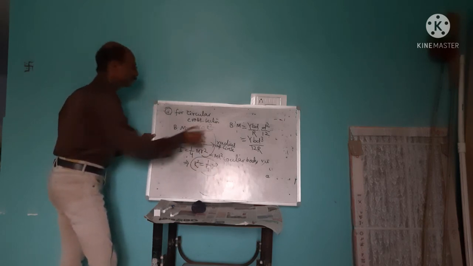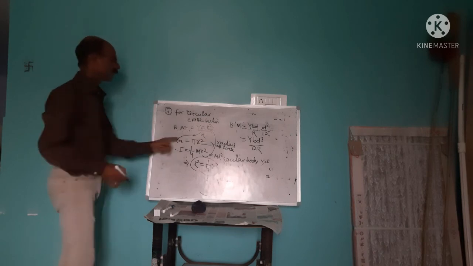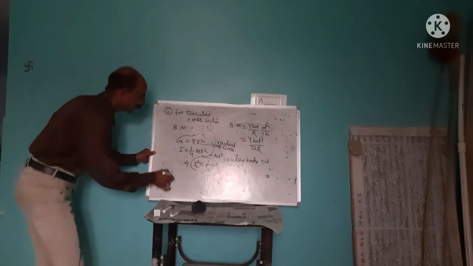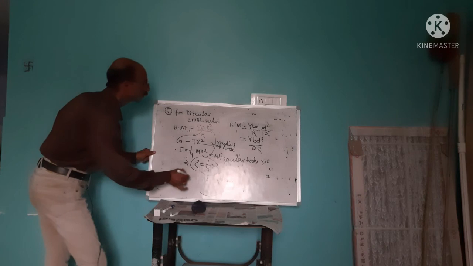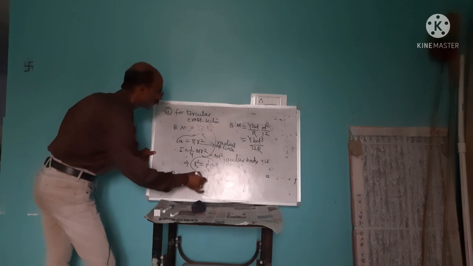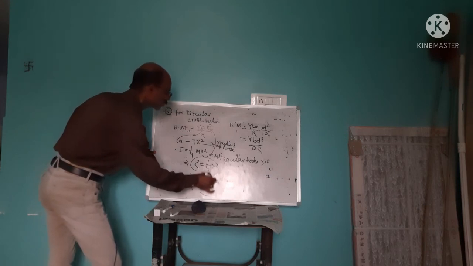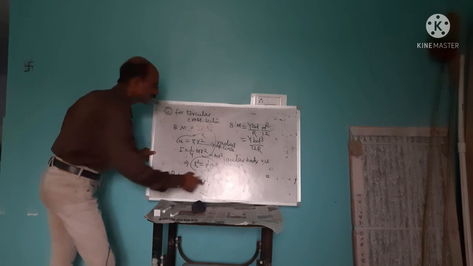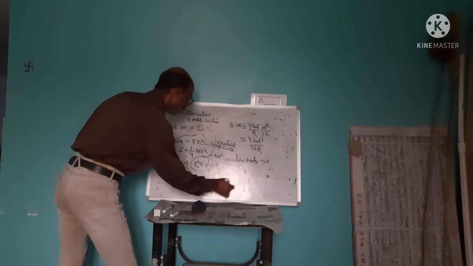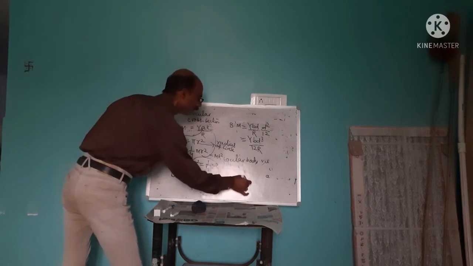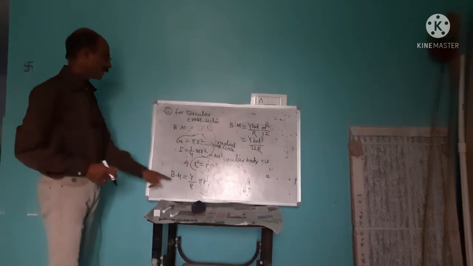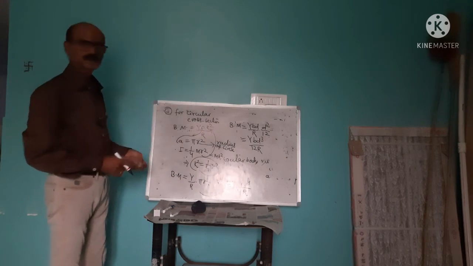Put this k square here and put the value of A here. A is equal to pi r square and k square is equal to 1 by 4 r square. What will be then the bending moment? Bending moment will be equal to Y by R, in place of A pi r square and in place of k square 1 by 4 r square. This r square into r square multiplied gives r to the power 4. So we will get pi Y r to the power 4 divided by 4 into capital R. This is for circular cross section.